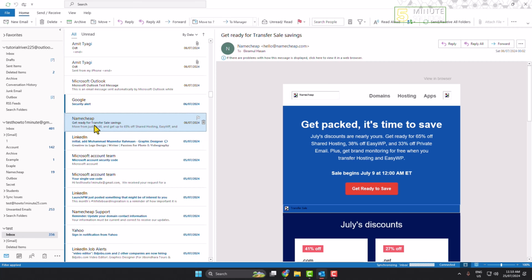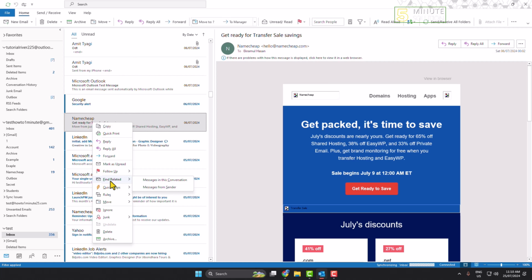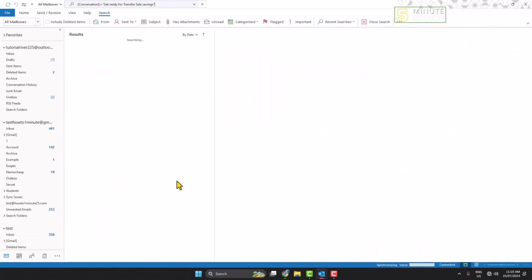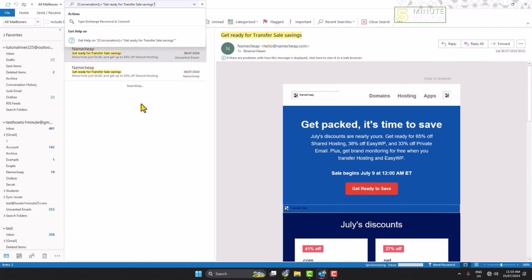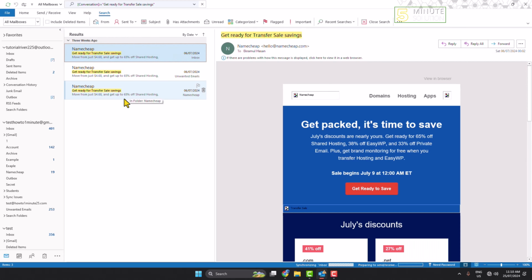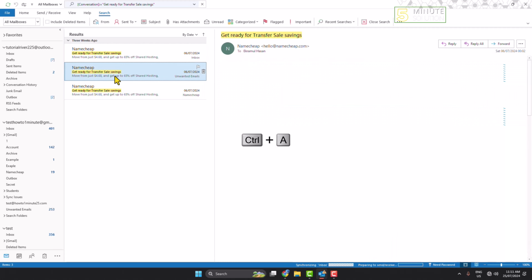And now just right click on the specific mail and hover over Find Related and click on Messages in This Conversation. And here you will find all messages in the conversation. Now to reply with all of the messages, just press Ctrl A to select all of them,